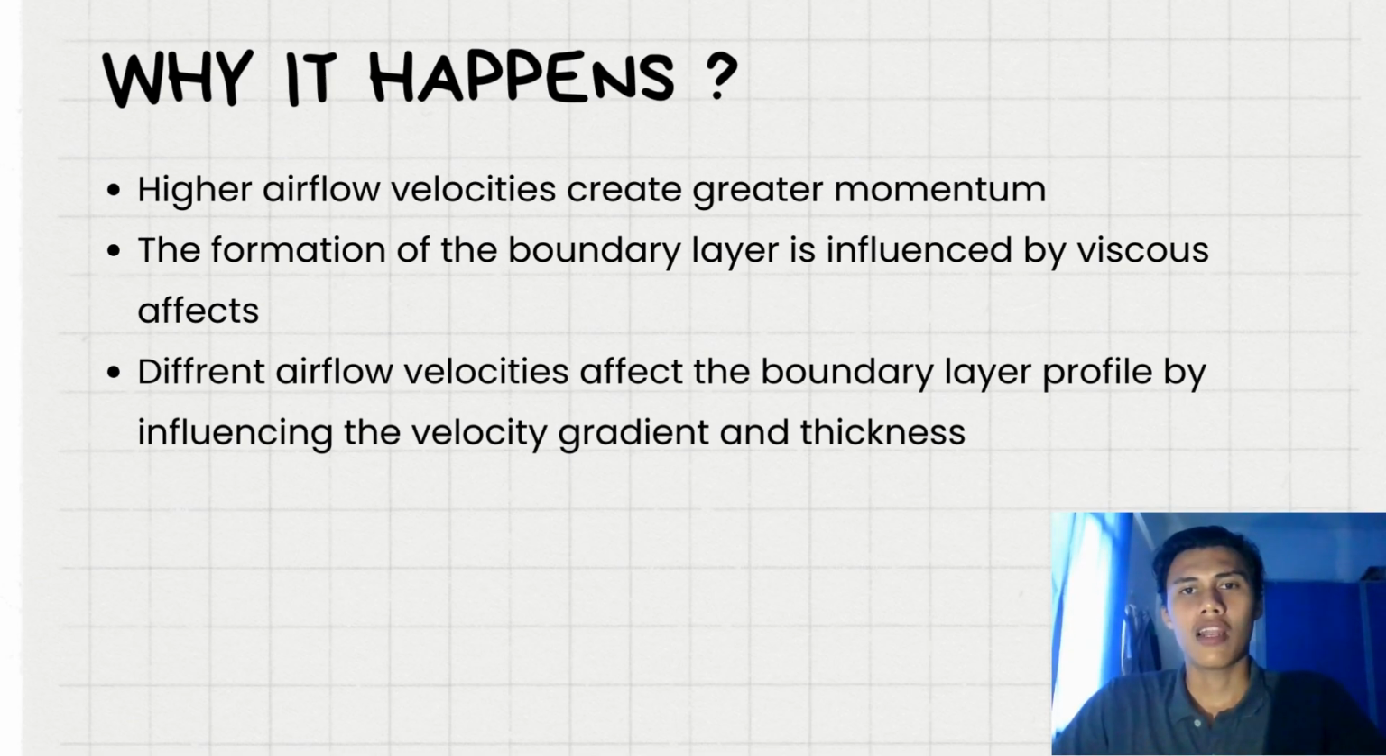The formation of the boundary layer is influenced by the viscous effect. At lower velocity, viscosity dominates, causing a slower buildup of the boundary layer. At higher velocities, inertia becomes more significant, leading to quicker establishment of the boundary layer. So, in summary, different airflow velocities affect the boundary layer profile by influencing the velocity gradient and thickness. Higher velocities lead to a thinner boundary layer with a steeper velocity gradient, while lower velocities result in a thicker boundary layer with a more gradual